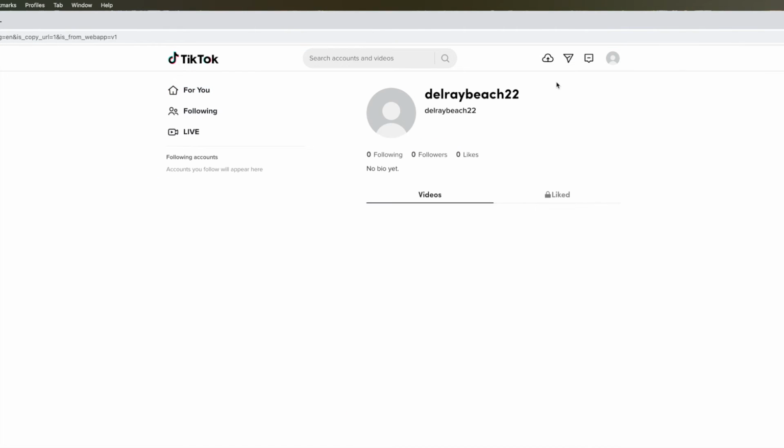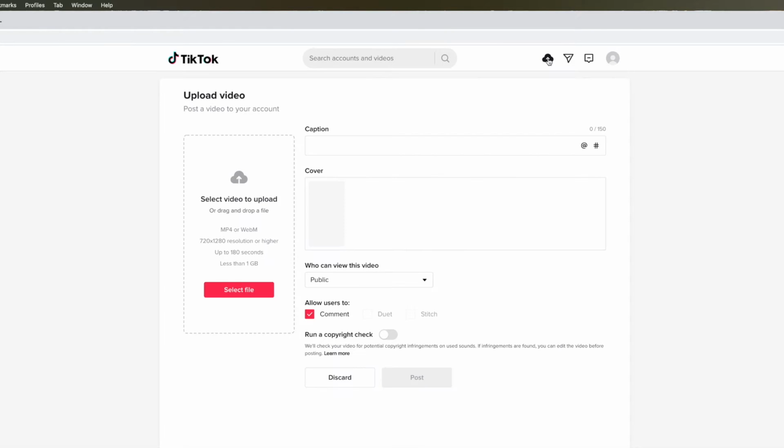And what it's going to do, it's going to bring me to this page here. And this shows the name of my TikTok. I haven't put a picture in here because I just made it the other day, and then I've got 0 videos. So how do you upload a video? Well, there's 2 ways you can do it. The first way is you can click here, upload video, and it's going to give you a window where you